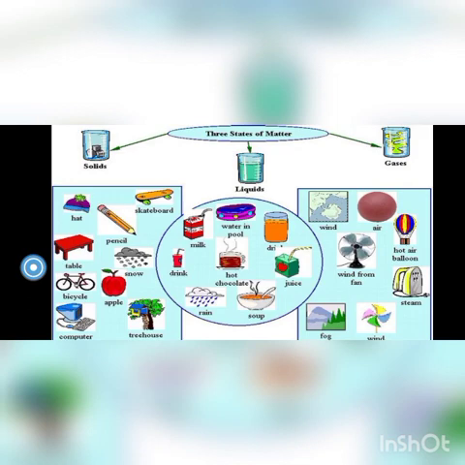So this is a chart that shows the three states of matter: solids, liquids, and gases. And there are a few examples such as pencil, skateboard, snow, apple as solids, water in the pool, milk, rain, soup as liquids, and wind, steam, hot air balloon, fog. These are all examples of